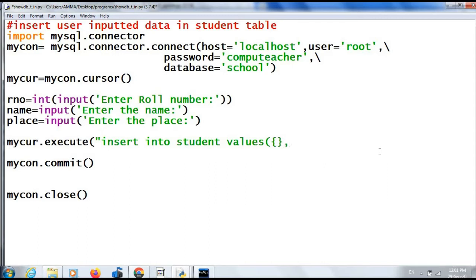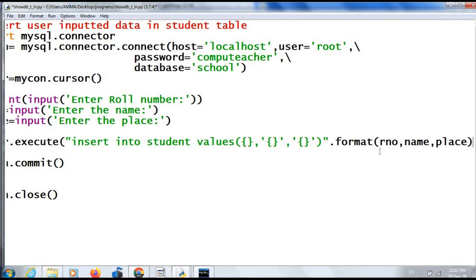Then name is a string, so use quotes, then curly bracket. Again, place is a string, curly bracket, then closing bracket, then close the string. Dot format. Then as the arguments of this format function, you have to give the variable names RNO, name and place. Then close the execute function.